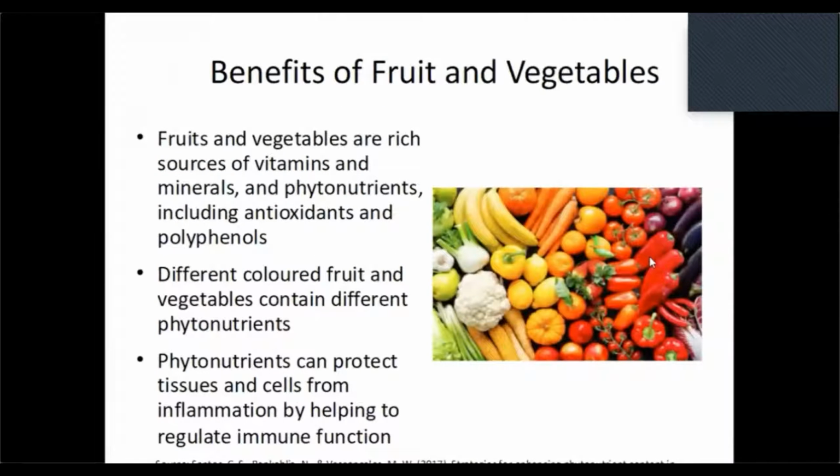If the guidance is to eat more plants, I would like to focus in on fruits and vegetables as a food group and highlight their benefits. It's well known that fruit and vegetables are a rich source of vitamins and minerals and phytonutrients, including antioxidants and polyphenols. Different coloured fruit and vegetables contain different phytonutrients, and phytonutrients can protect tissues and cells from inflammation by helping